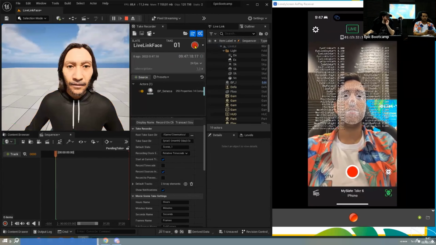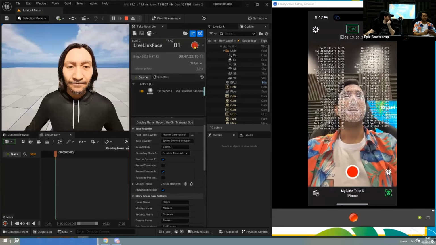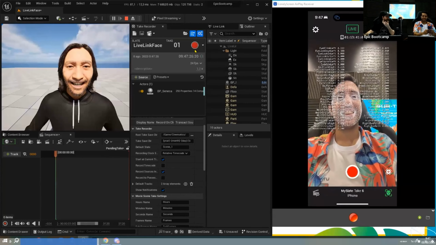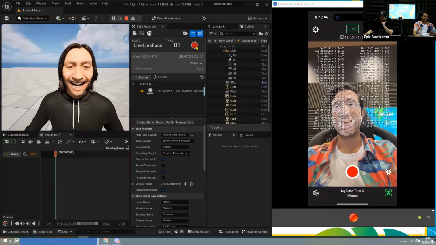So if you have anything prepared, just, oh, you remember your phrase? Yeah. Okay, so you can do that, and then we can actually double, and we can compare Animator with LiveLink face. Okay,